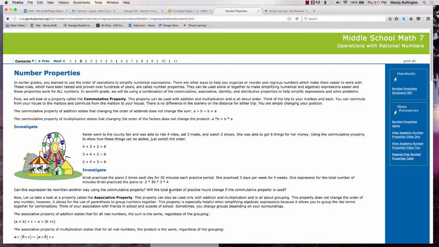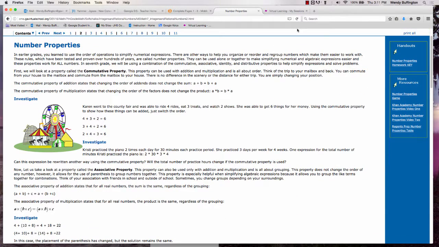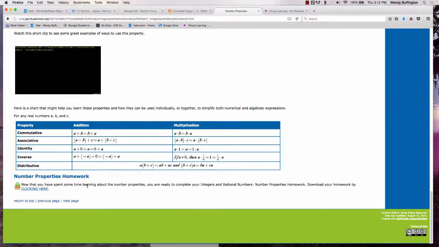So let me point out a few things on this page. This, of course, as I've been calling, is the blue bar. In the blue bar, you've got more resources, like games or the videos, for instance. But look right there, handouts, number properties homework key. Well, if you go to the bottom, you've got number properties homework, and you will click right there to